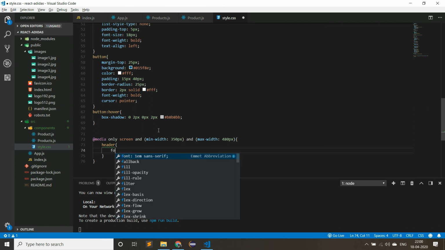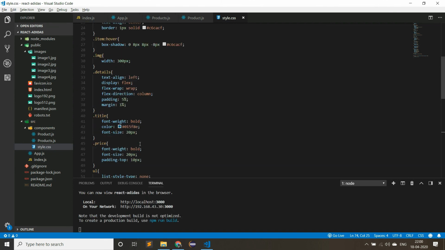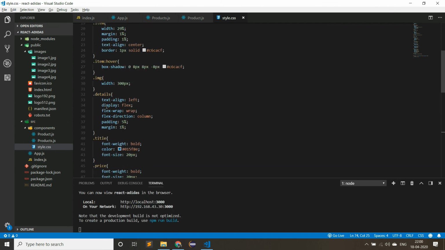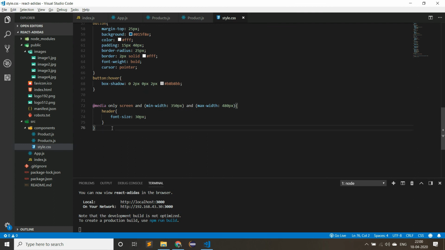And it will take the header. So let us change some styles of the header, that is font size equal to 30 pixel. So I have changed the font size as 30 pixel, and let us take the item. So copy this item and paste it here.